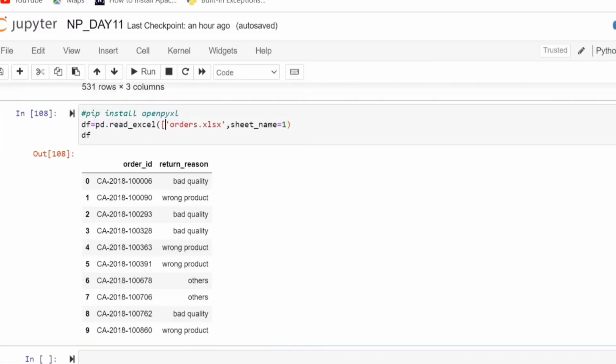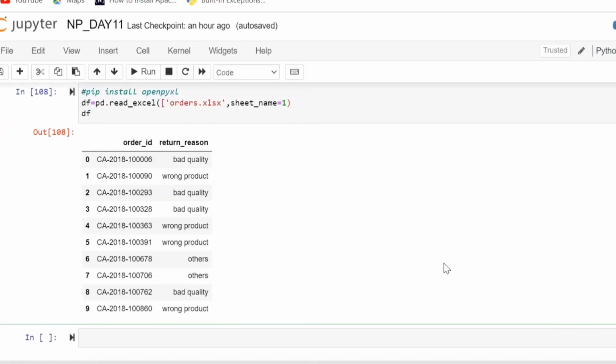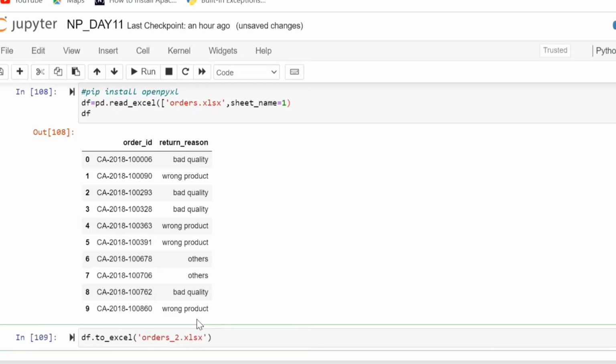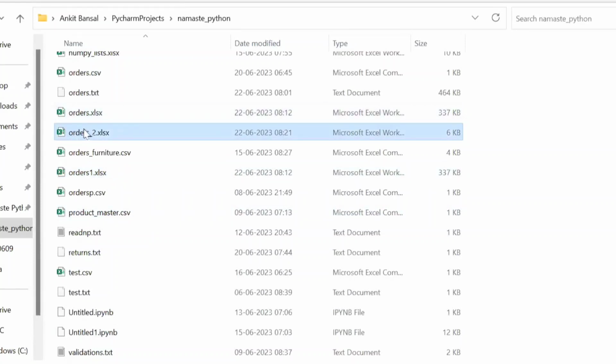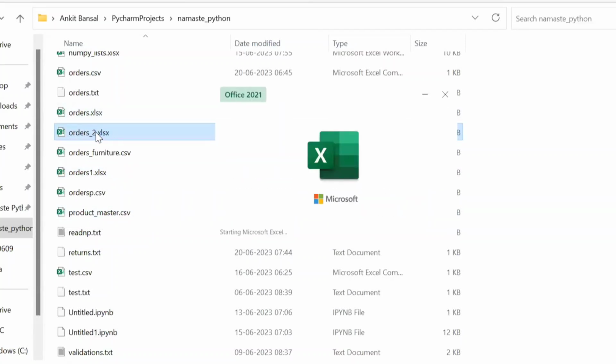Okay. Now similarly to read Excel, you can write to Excel as well. For example, we read using read CSV and write using to CSV. Again, if you want to write back, I can say df.to_excel. So it will write it back to Excel. And what I want to write back is df, and my file orders_to.xlsx. Okay, so I will have a new Excel file. This is the one, right? Orders_to. If I open it,